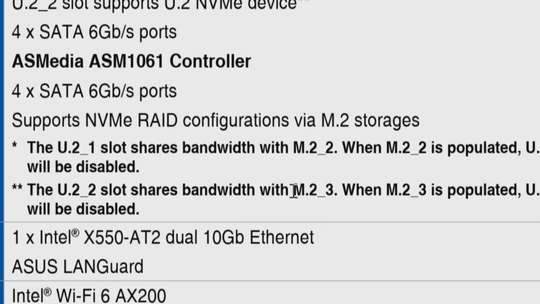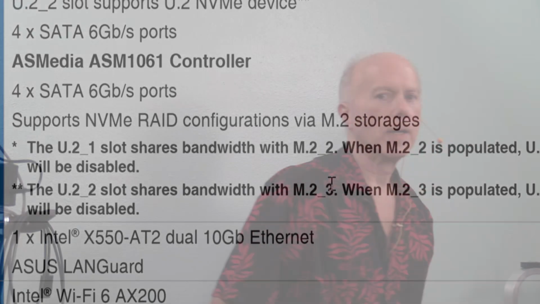The U.2_1 shares bandwidth with the M.2_2, and correspondingly the U.2_2 shares bandwidth with M.2_3, which means when both those number 2 and number 3 are populated, the corresponding U.2 will be disabled, which is a good thing because you're talking 4 lanes and 4 lanes, that's 8 lanes, and those 8 lanes,